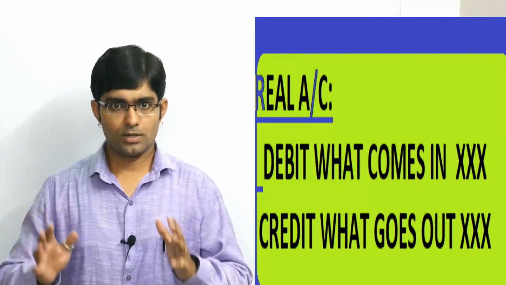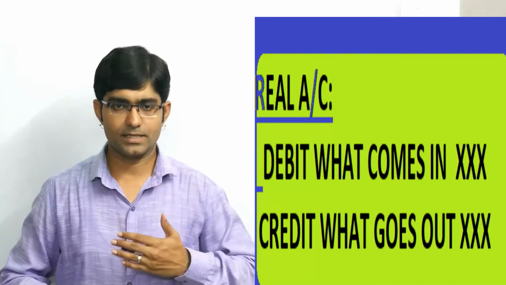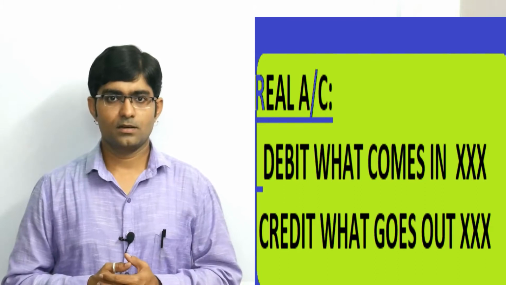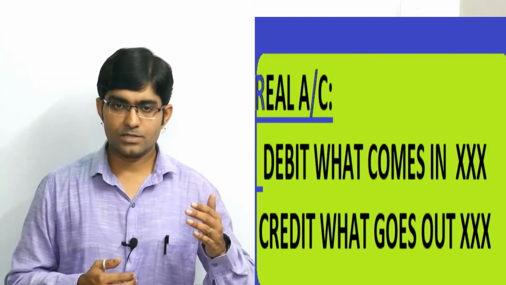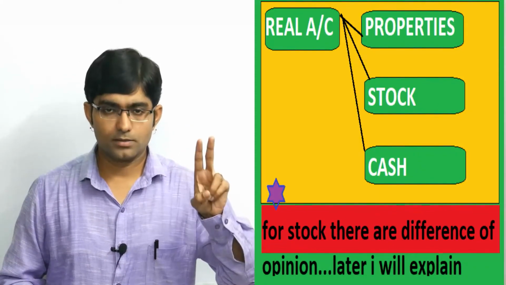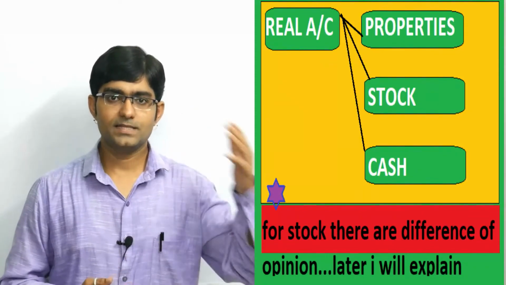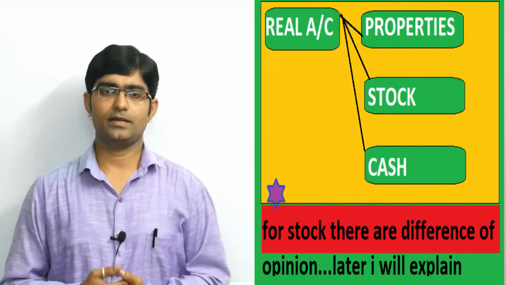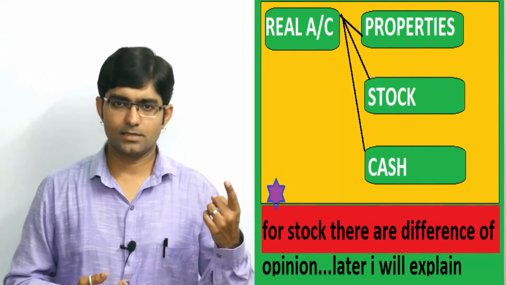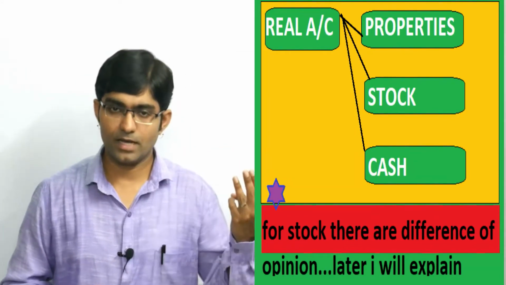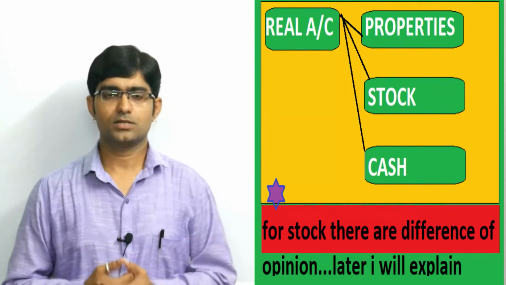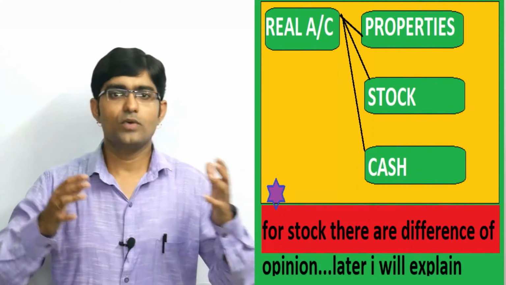Second one is real account. This real account says debit what comes in, credit what goes out. This is the rule. Now, what items fall in this category? All properties, stock and cash. These items fall under this category. What are the examples of properties? Land, building, machinery, furniture. Cash we know. What is stock? Stock is nothing but goods we purchased